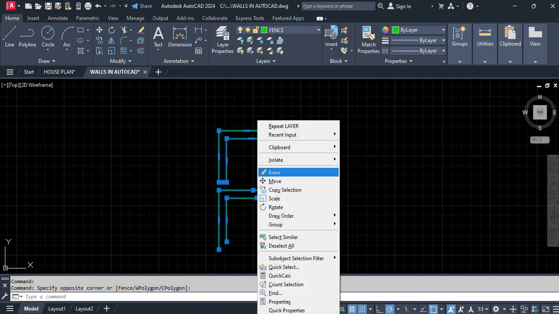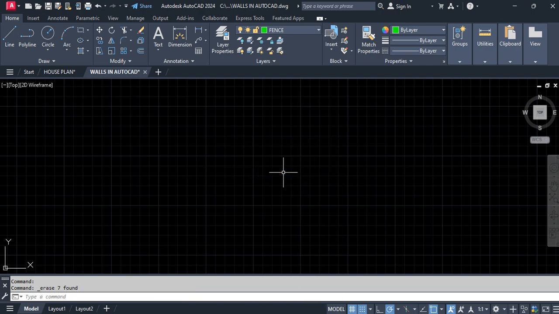We can first erase this. Now we can draw our boundary wall. So we could use the line tool. Then we could type in the length of our boundary wall. We want it to be, say, 15,000 millimeters. Enter. Then here,